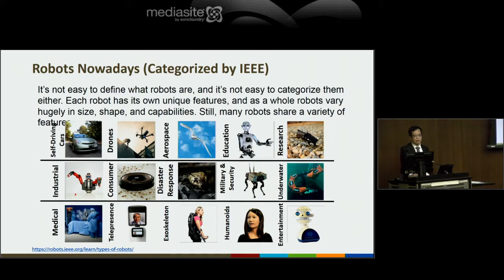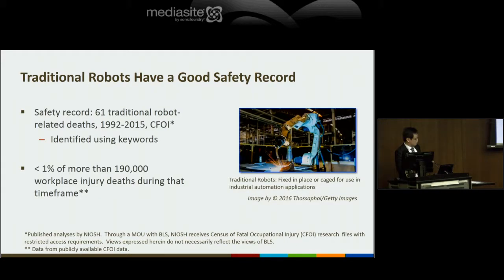Robots nowadays, it's not easy to define what robots are, and it's not easy to categorize them either. IEEE, the Institute of Electrical and Electronics Engineers, has categorized 15 types of robots. They can be used in various fields, such as industrial robots, medical applications, and you might also have one robot at home to take care of the floor cleaning for you, using a Roomba. But are robots safe? Well,